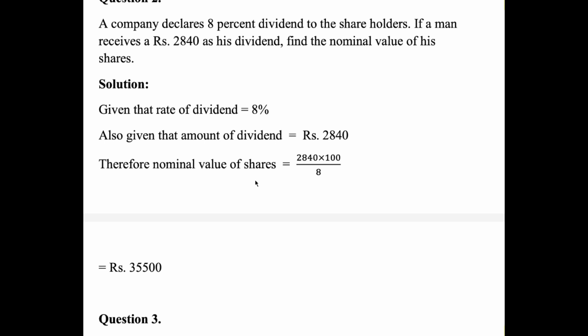Come to the next problem. A company declares 8% dividend to the shareholders. If a man receives rupees 2840 as his dividend, find the nominal value of his shares. So dividend rate is 8%. So given that the amount of dividend, that is 2840,